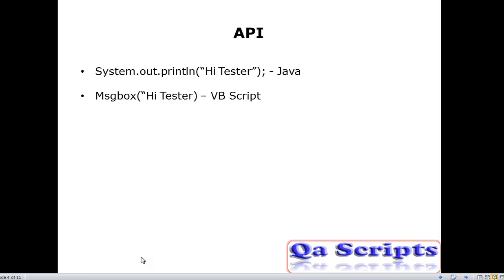Here think that you don't have keywords such as system.out.println or message box with you, but still you want to print the message hi tester. To do this, first you have to design or develop keywords such as system.out.println on your own.